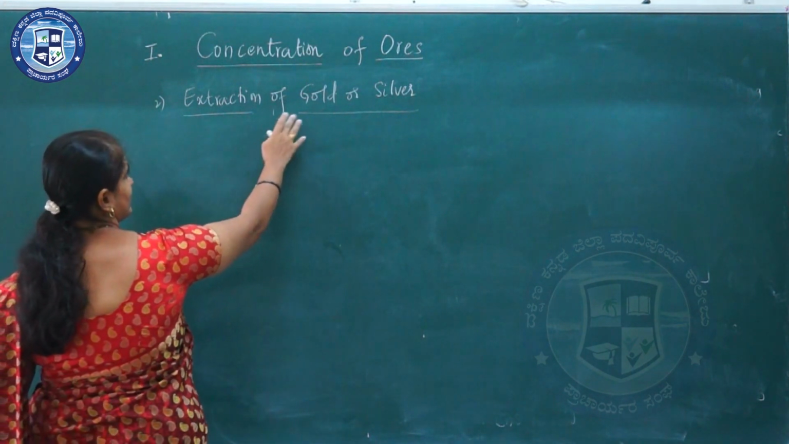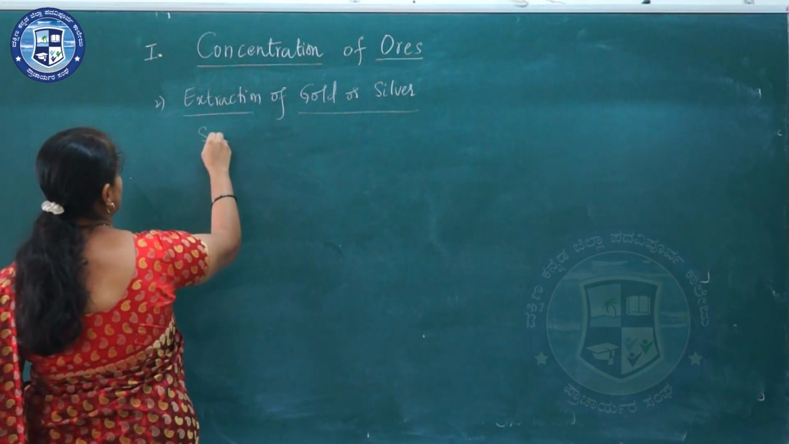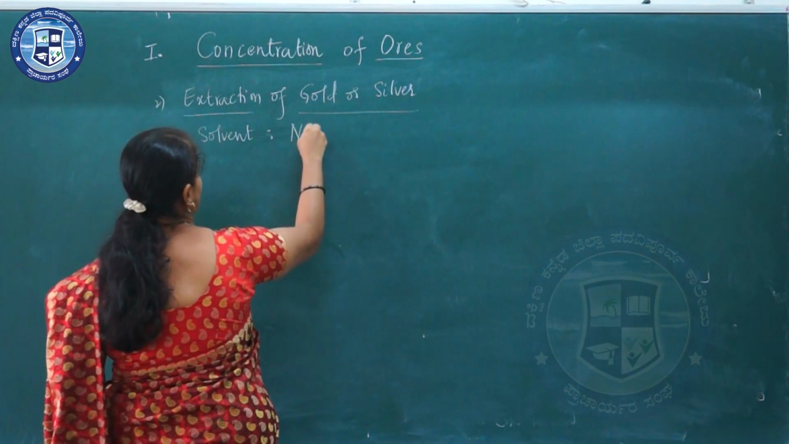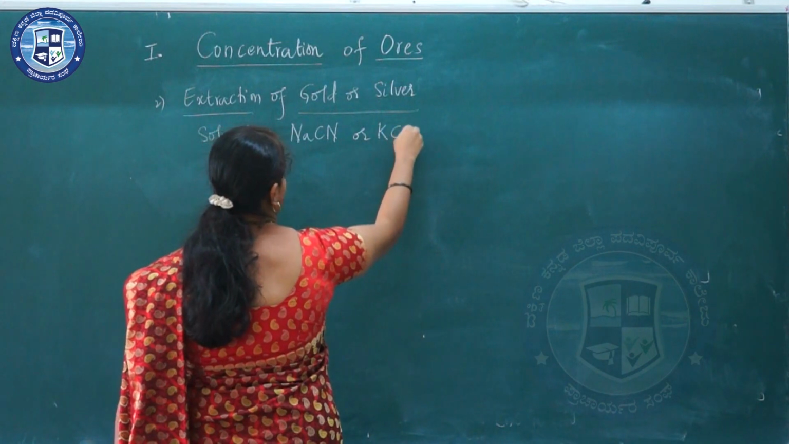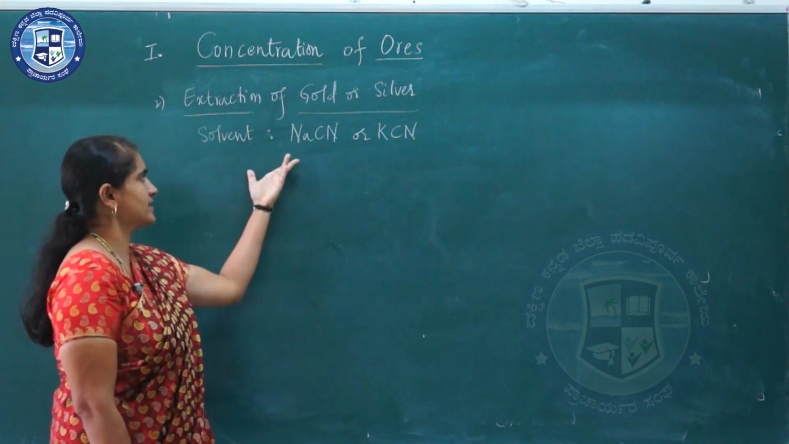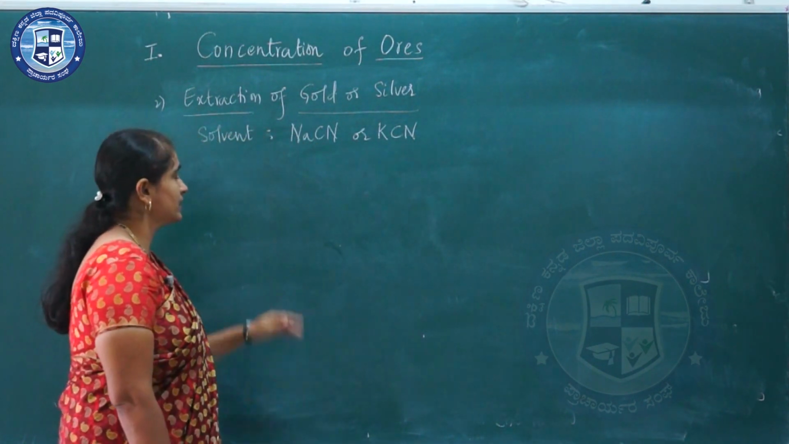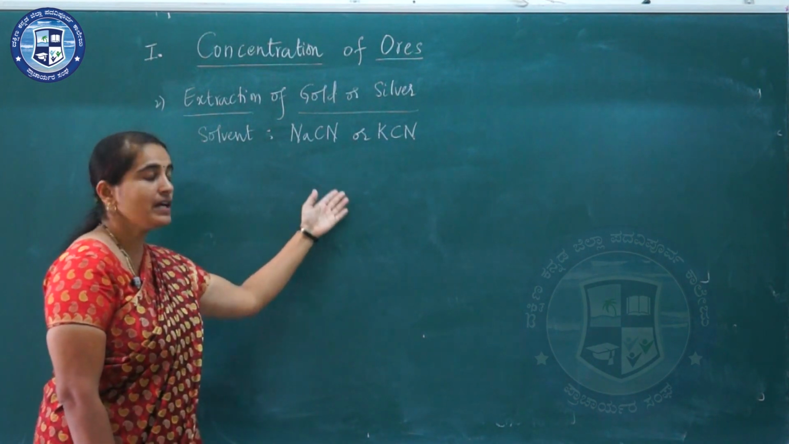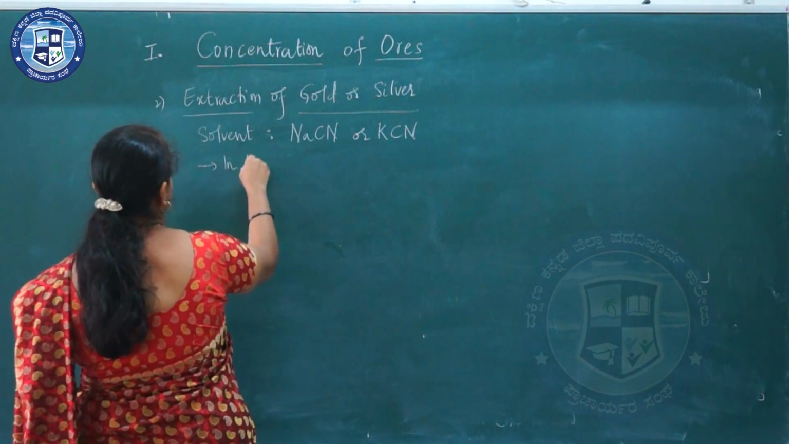Now how to separate this gold? What we generally do is, the solvent we use here is either sodium cyanide, I have already mentioned, NaCN, or potassium cyanide, KCN. Any one you can take. So we dissolve the gold in solutions of these two in the presence of air. It is very important, in the presence of